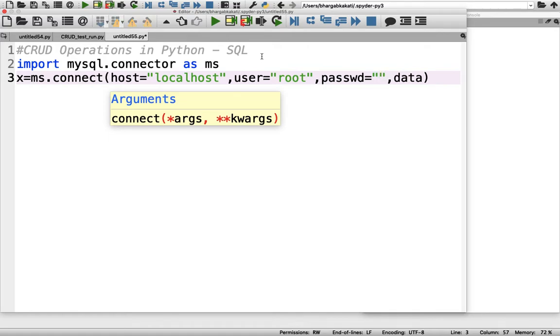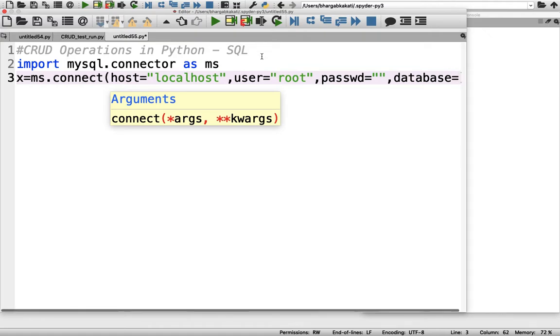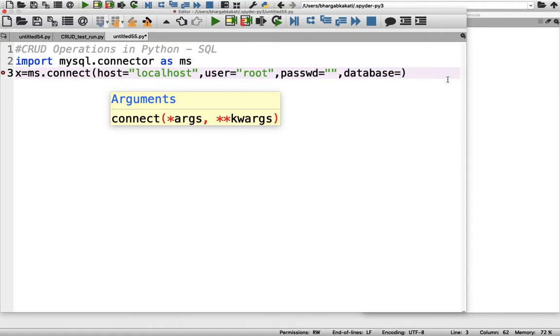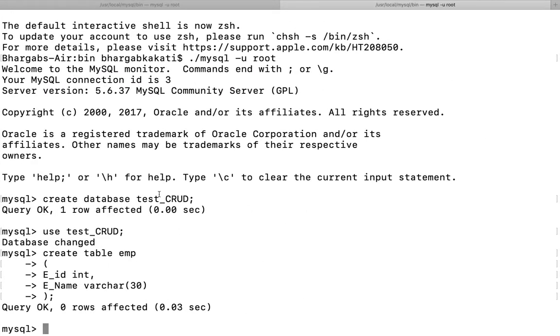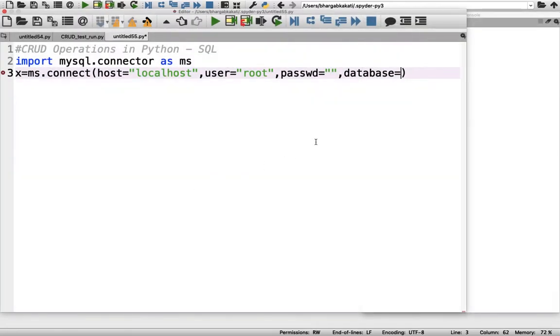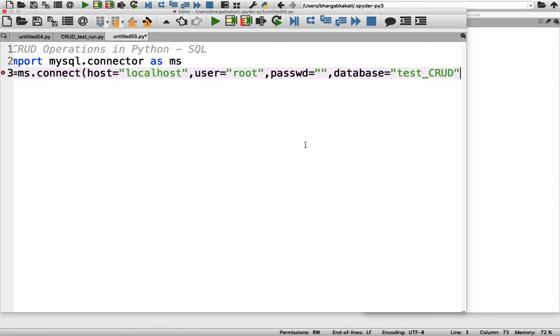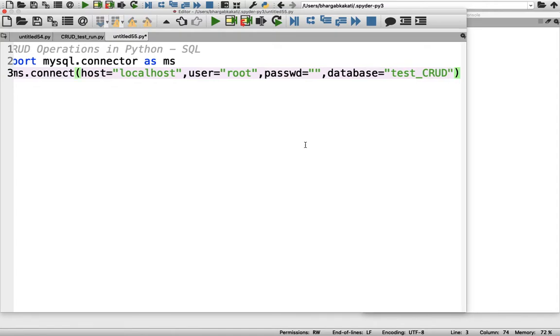And then database, here we need to give the database name. So what is the name of the database we gave here? If you can just remember, the name of the database is test underscore crude. So I have to put that database name here, test underscore crude. This is the name of the database which we have created just now.